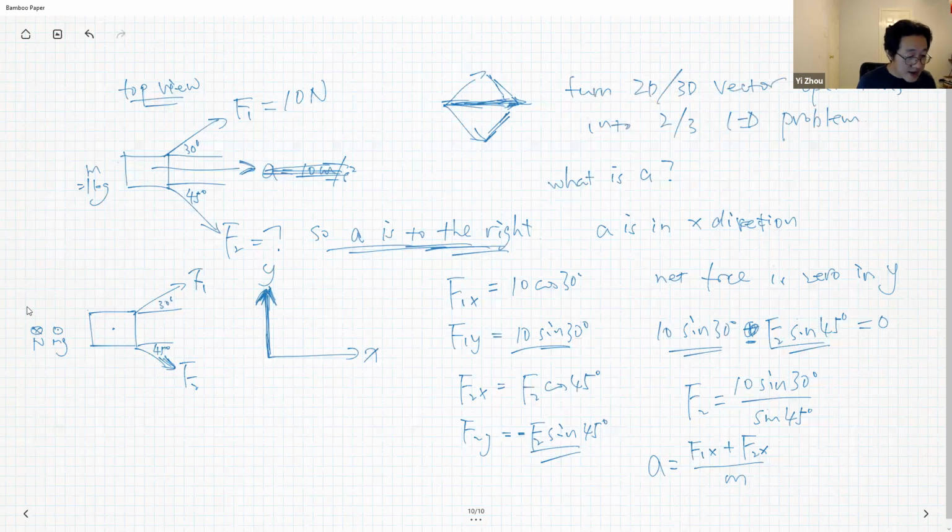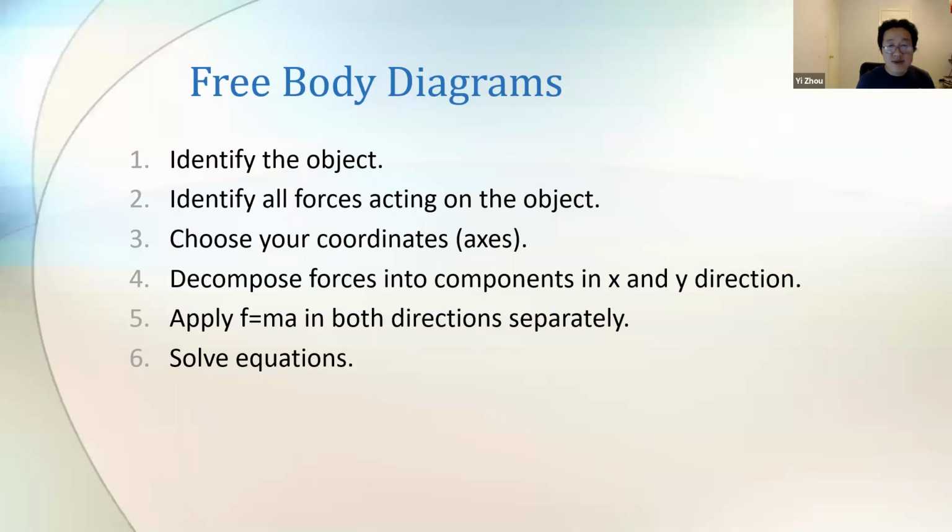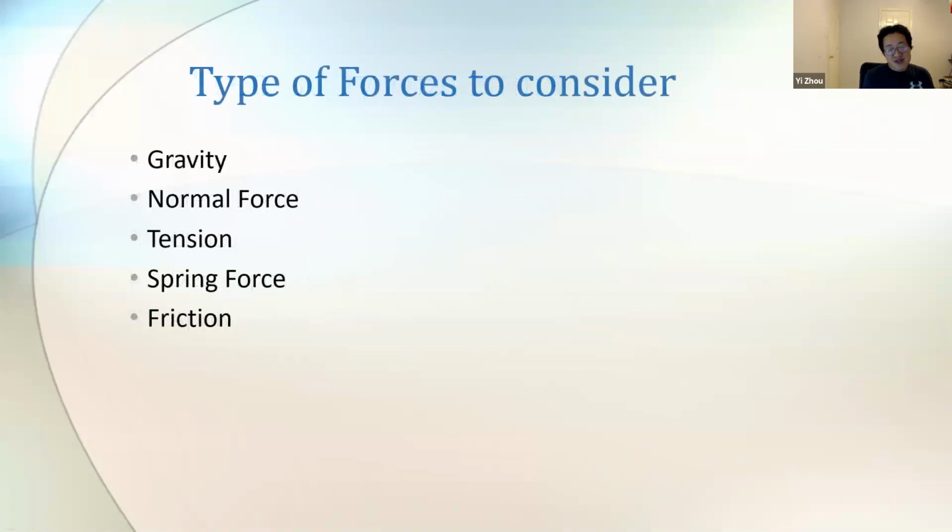Okay, so this is the principle of how to do the free body analysis. There are tricks we have to learn in the examples for how to apply it, because sometimes it's harder to know which force is acting on which object. So I'll talk about this force. There's one more, called friction. So let's talk about friction now.